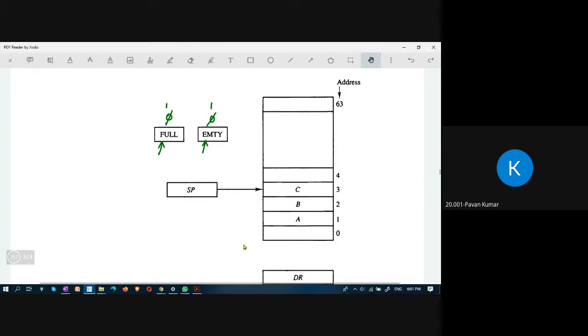Ma'am, we can determine whether the stack is overflow or underflow by using these two flags. Yes, very good. But when do you do that? When do you check whether it is full? For every insertion. Yes, exactly. For every insertion, you have to check whether the stack is full. When the stack gets full, the insertion operation cannot be performed, and you generate a message for the user stating that the stack is full, no more items can be added.